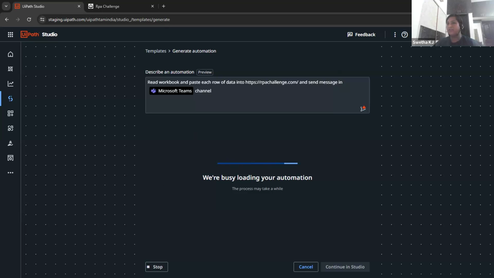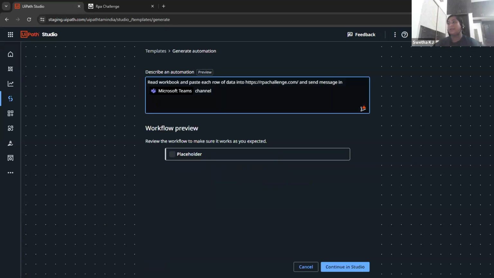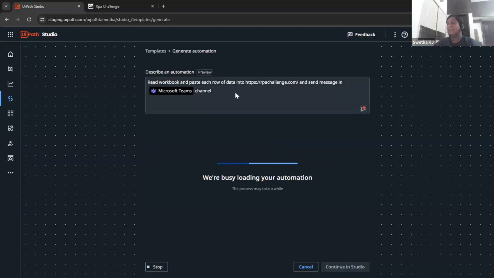It will take a few seconds because your Autopilot is going to read through the text that you have given, and it is going to process everything based on the ML model and give you all the steps that it is thinking of breaking it down into. Oh, wow. Okay. I'll try it again.